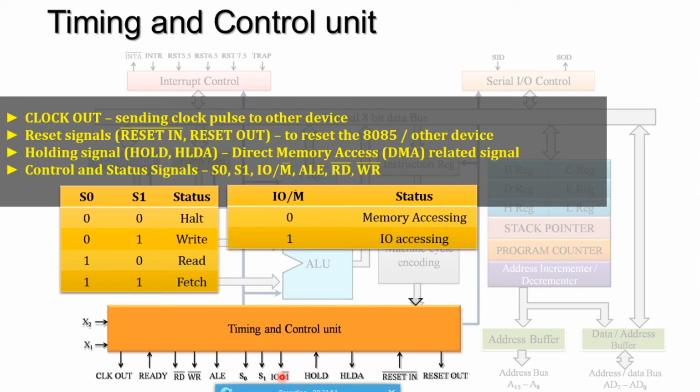And ALE we already discussed. ALE is nothing but address latch enable. It is a selection signal in the address data bus. Read bar, write bar: if you are reading information from the memory or IO device, this signal will indicate it. These are signals to intimate that the 8085 is reading the data or the 8085 is writing the data. Each and every piece of information is intimated through these signals only. Everything we have seen is an outgoing signal.